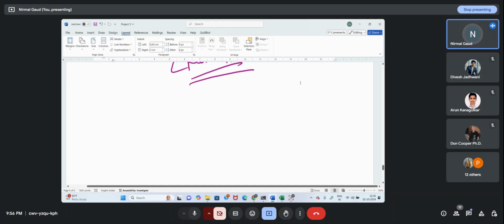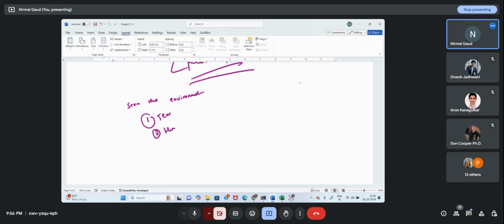So in this particular data, we have seen the environmental factors. In the environment, the most impacting factors are temperature, humidity, and precipitation, like rainfall. These are the important factors. The rest, related to wind speed, wind direction, snow, UV rays and other things, are not directly related to dengue. They may have an indirect effect.